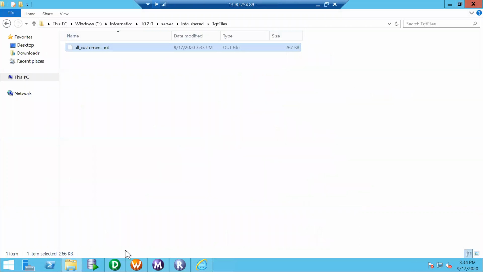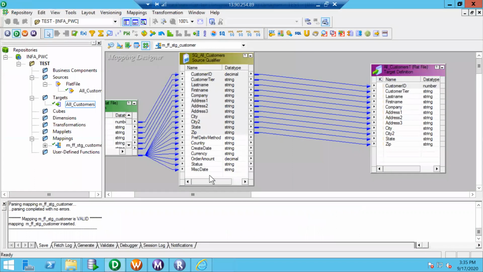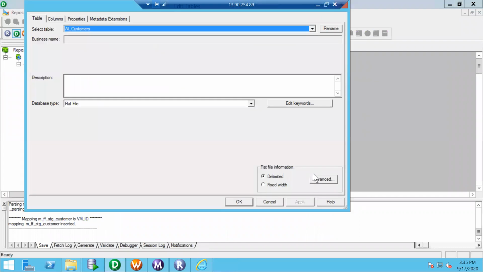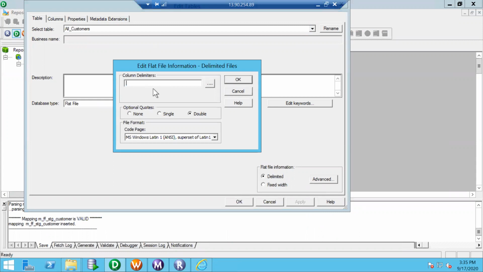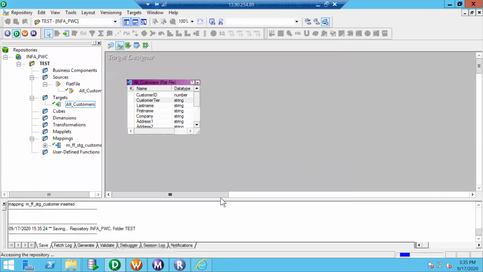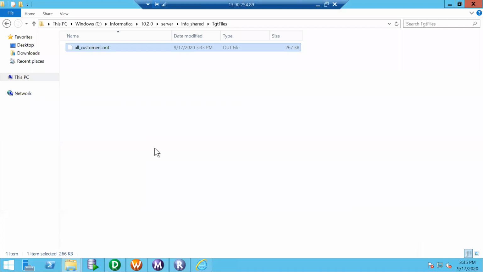Now we'll see an addition of this. Now that I got the data in the form of pipe, let me change. I don't want pipe. I want the data to be separated by tilde. Again, I'll go to target definition. In the column delimiters, I can specify tilde. I can save it. Then my file is already there, so I'll just delete it and then I'll re-execute my workflow.